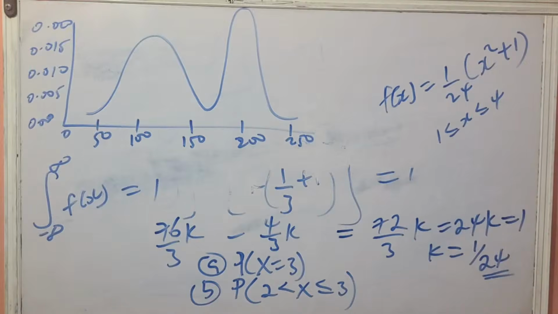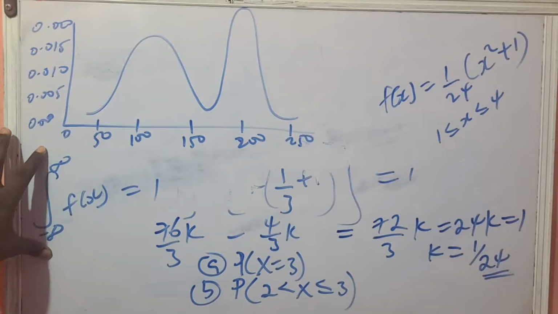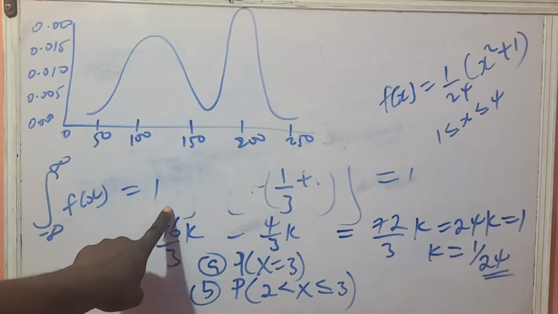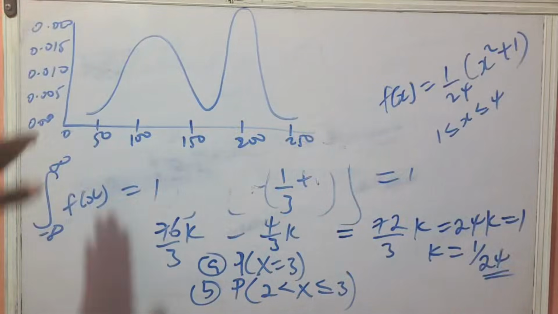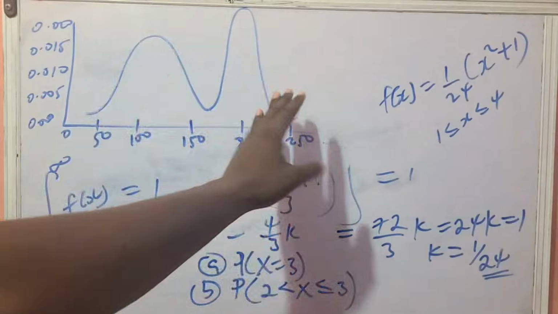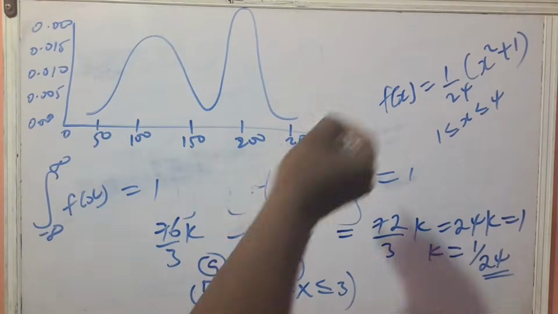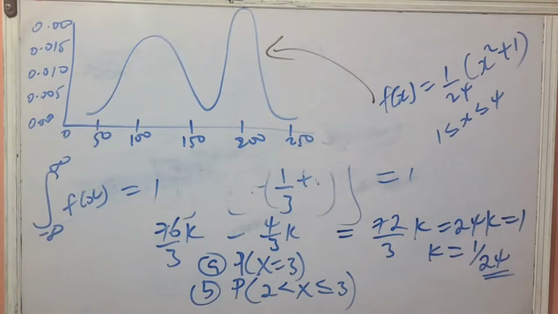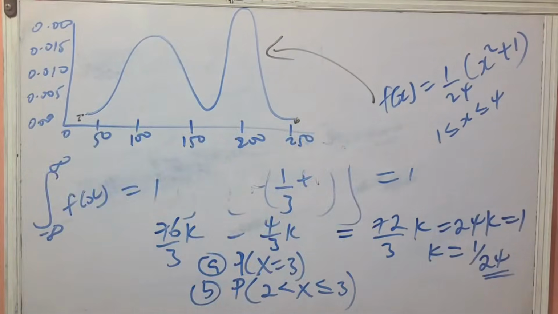Now, what I'm saying is that the meaning of what we said, that the integral of the function over all the limits, depending on the limit you were given, must give you 1. Guys, do you know the meaning of that? In terms of looking at this curve, the area under the curve must be equal to 1. Let me say that again, because that's a new thing. If this was a function, let's say this function produced this curve, from the beginning of the curve to the end of the curve here, if you integrate this with this limit,